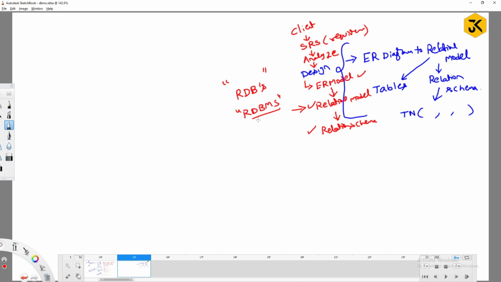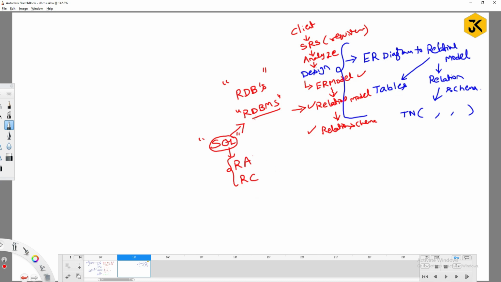The most commonly used language to work with RDBMS software is SQL. SQL is a kind of language which you use to communicate with RDBMS software, right? Structured Query Language, right? The basis behind the SQL language is relational algebra and relational calculus. These are the two heart components of SQL, right? So if you want to clearly understand the concepts of SQL, first you have to know the concepts of relational algebra and relational calculus, right?